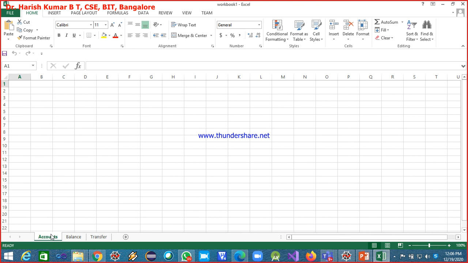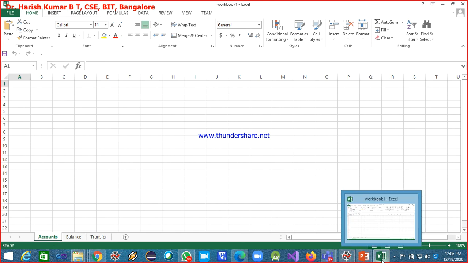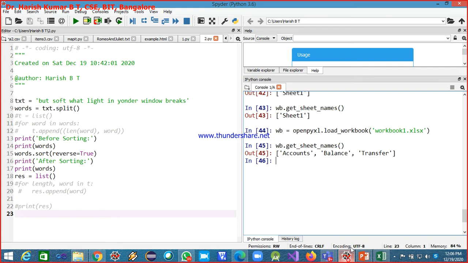I need to access this accounts page. Then get_sheet_by_name is the method you have to use. Now we'll use that and try to access only the accounts page. wb.get_sheet_by_name, and now I have to pass the name of the sheet, accounts.